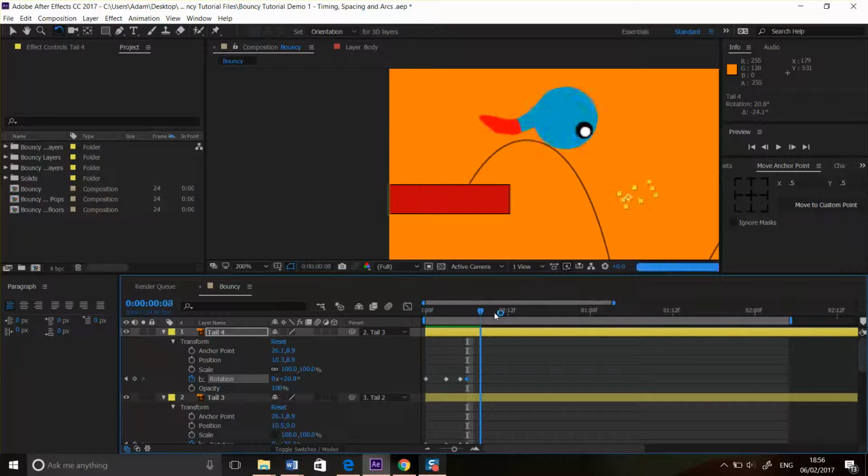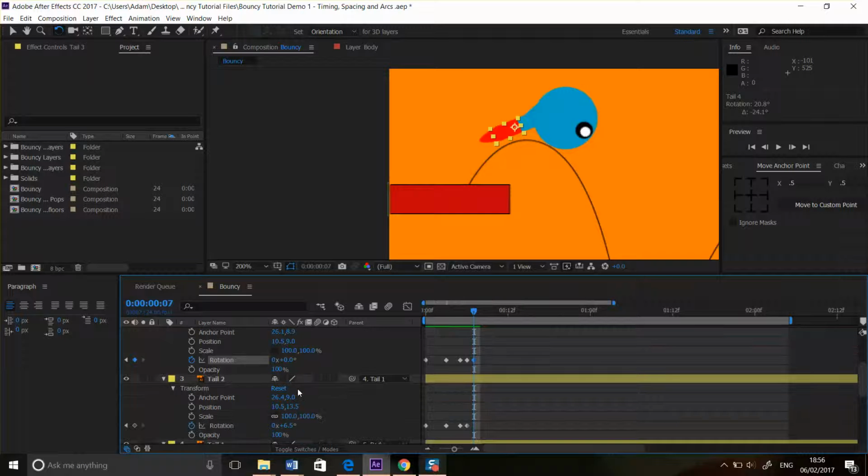So pull in, tail pulls up, and it pushes up, and at this point here we can take it back to 0,